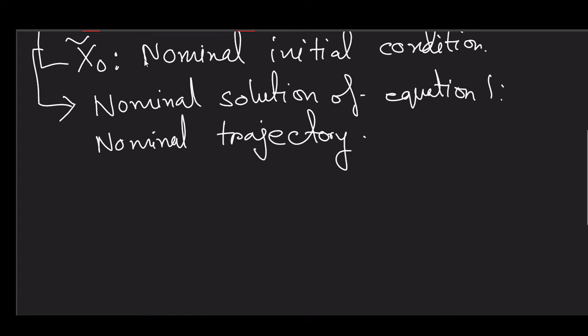So why am I discussing this? Because quite often in most of the books you will find that people discuss linearization around an equilibrium point. But you must be aware of the fact that this linearization approach is not only valid for a system that is unforced and having a particular equilibrium point, but also a system that is working under constant input and moving along a trajectory, like an aeroplane or